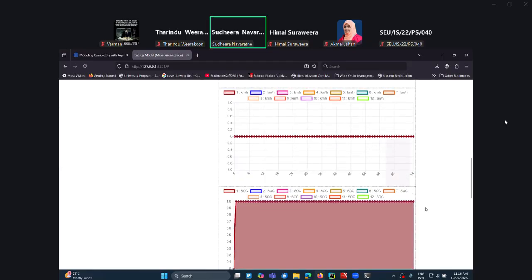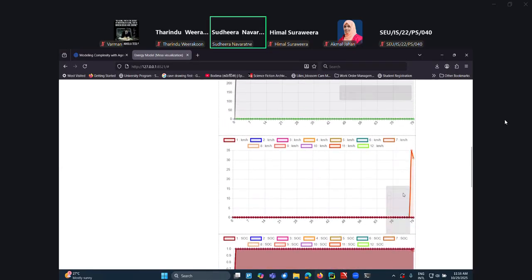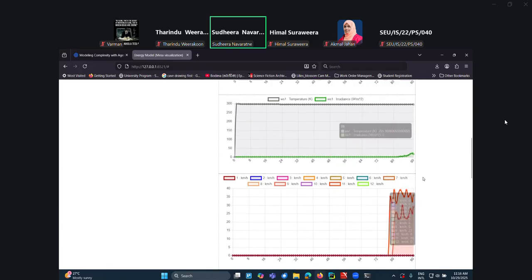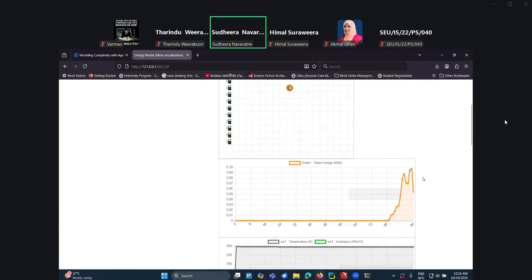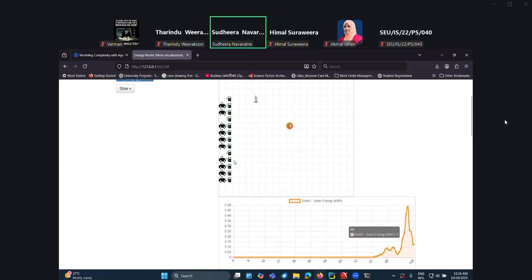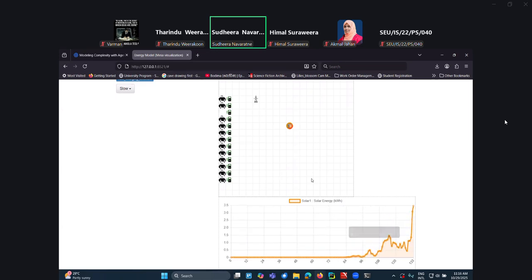Then when the time comes, you will see the EVs come in, they start getting charged, and driving around. You can see they are coming to the charging stations and getting charged, and once they get charged, they go back. You can see as the time progresses how things behave. So you can do a very nice time simulation by using this agent-based modeling.